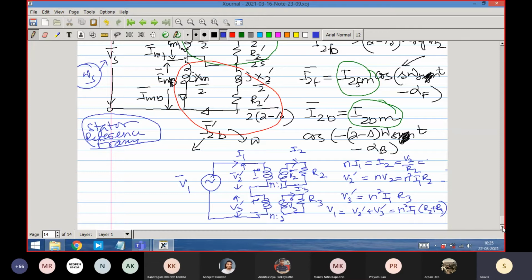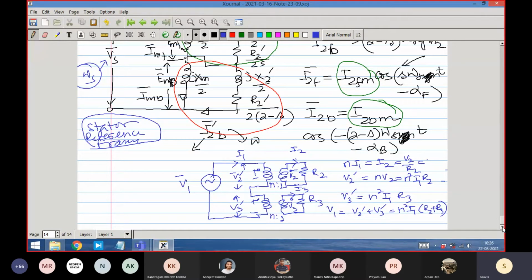And the forward rotating magnetic field creates a voltage corresponding to the forward magnetic field in the rotor. And the same rotor coil again sees the effect of the backward rotating magnetic field and then creates a corresponding voltage. But rotor speed is same. Rotor is rotor. It has a physical mechanical speed. It doesn't have two speeds. The magnetic field with respect to the rotor is having two speeds. But the rotor, how does it react to that? Its reaction is only one way.